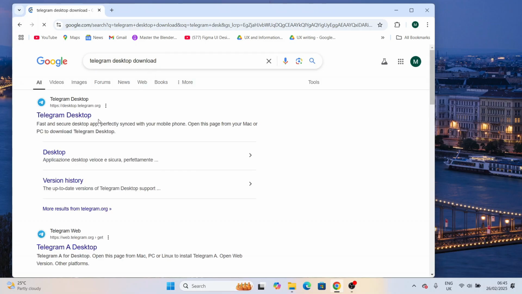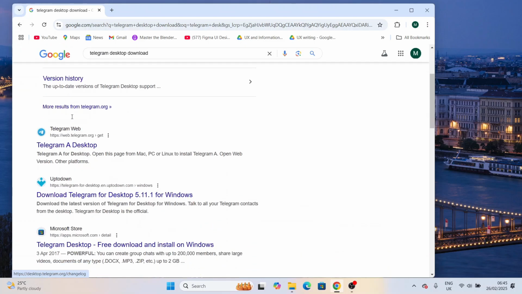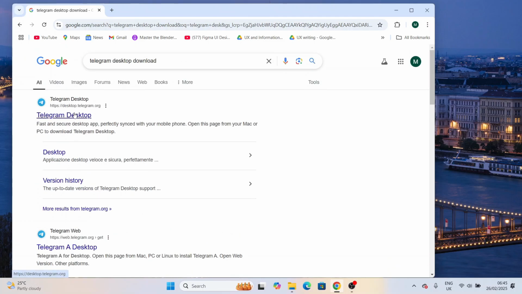So when you're on the Google search page, please ensure that you're using the first link, this link right here. There probably are other sites where you can get it, but it's always best to download it from their official site. So you click here